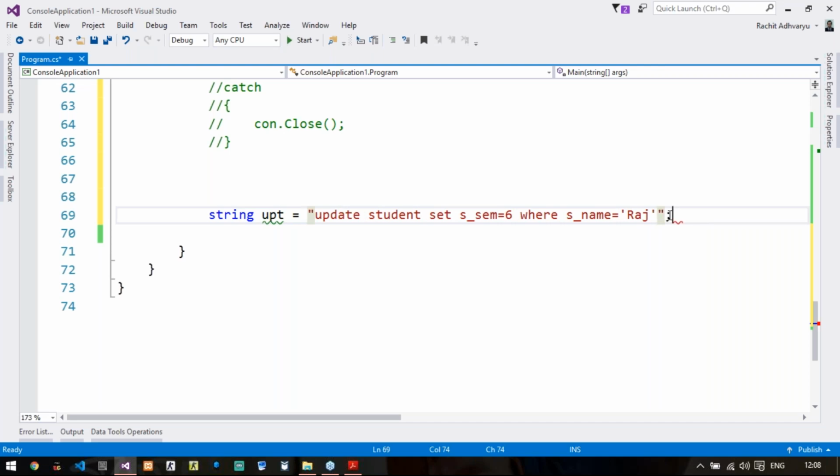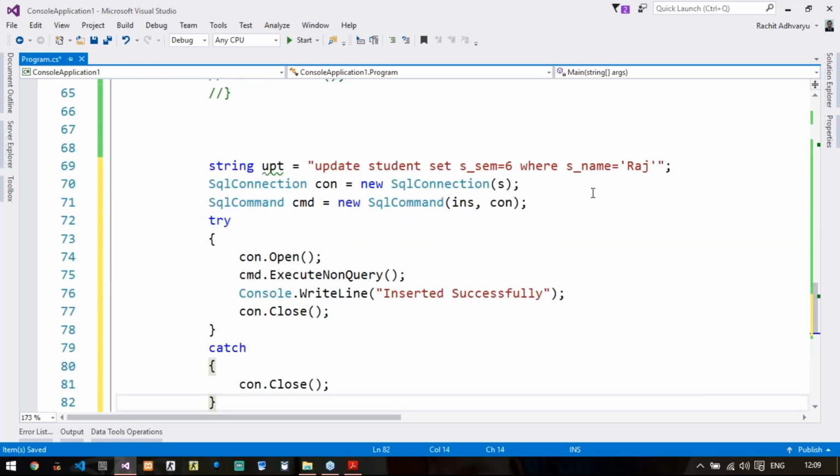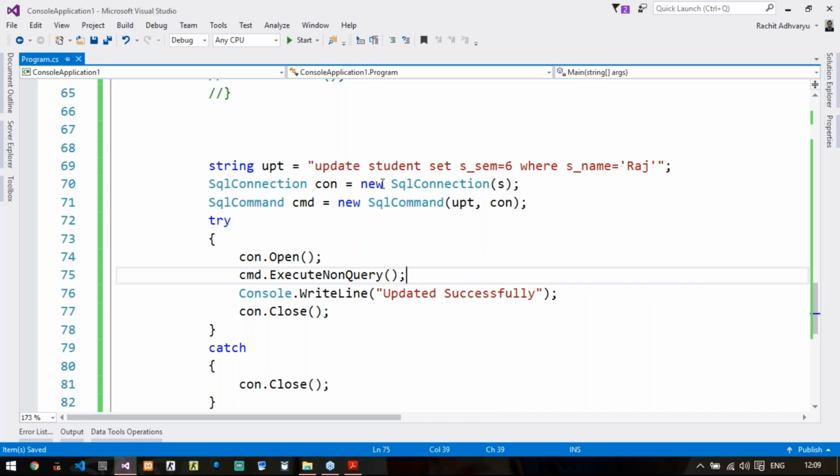Now I'll just paste the above code, that is connection and command and everything. Instead of the ins query, I will pass the upt query, and instead of inserted successfully, I will print the message updated successfully. Rest everything remains the same. I will give an object of SQL command class, open the connection, execute the query, print the message, close the connection, and in the catch block, try to handle the exception.